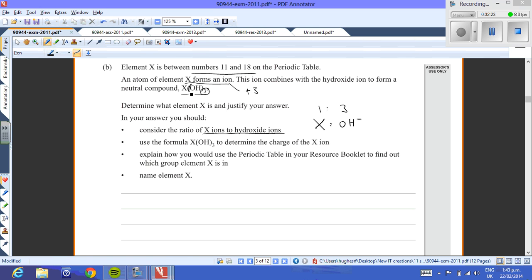Remember, we use brackets if it's a polyatomic ion that we're trying to show multiples of. Use the formula XOH3 to determine the charge of the X ion. Well, I said it was X3+. And then explain how you would use the periodic table in your resource booklet to find out which group element X is in. Well, element X is in group,